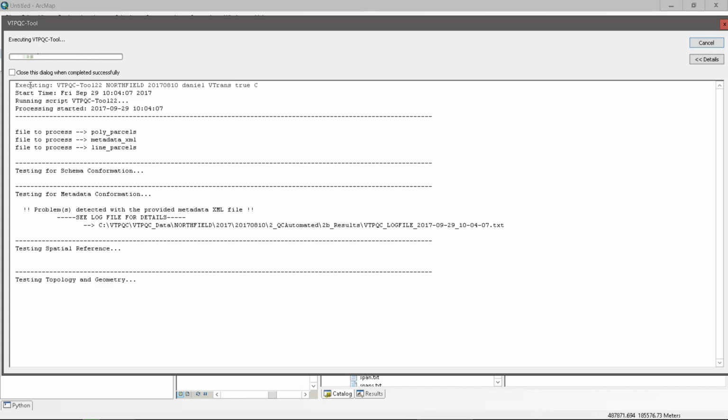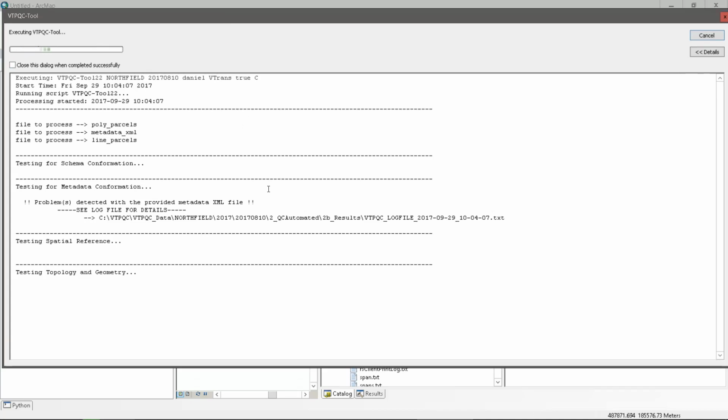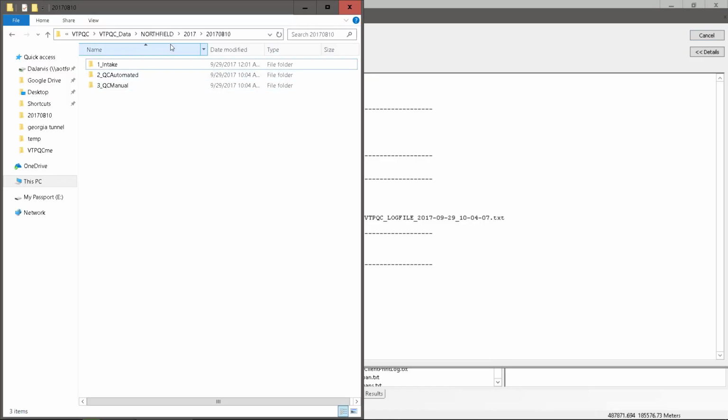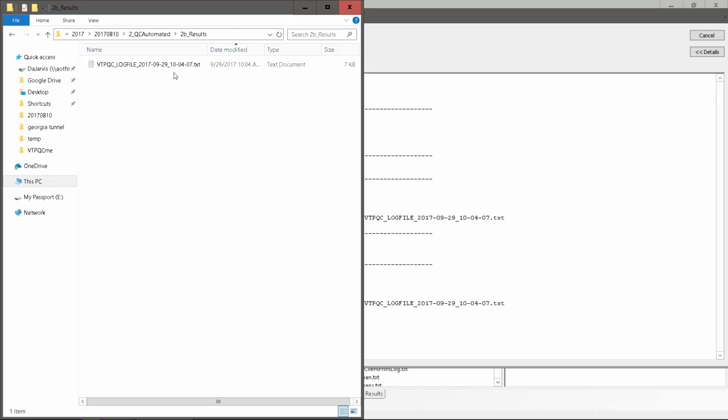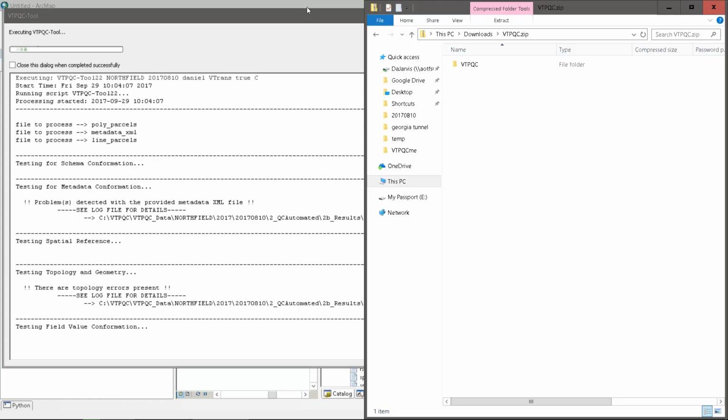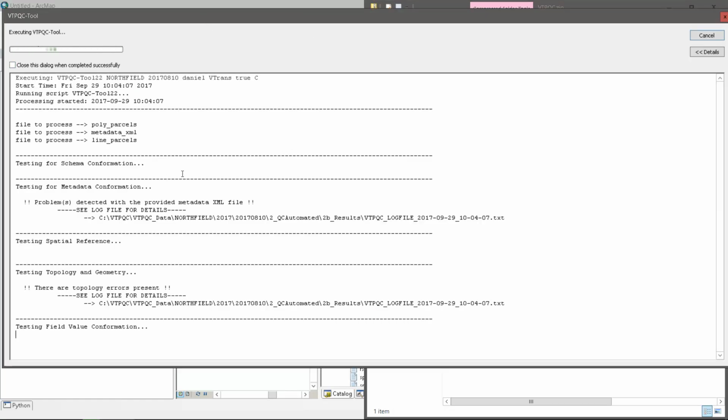You'll notice here there's an unchecked "close this dialog when completed successfully" checkbox. You want to leave that unchecked so this can stay open for a moment when you're done, and you'll have these instructions to tell you where your log file is. Your log file will always be in the same location. It'll always be in that results folder, in the town, the year, the submission date, where everything is, QC automated results. Your log files will always be here, but in case you forget, this dialog will tell you